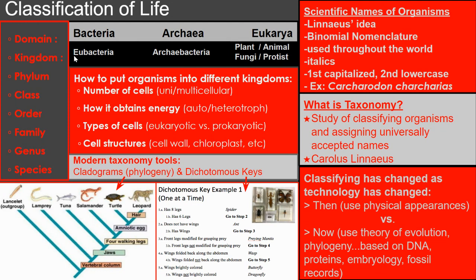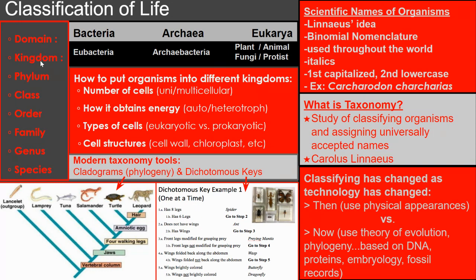From there on, you can start to get even more specific as you describe organisms. For example, when we talk about the animal kingdom, we'll talk about different phyla, like sponges is its own phyla, platyhelminthes, which is our flatworms, is their own phyla. Echinoderms, like starfish, is their own phylum. So we'll get a little bit more specific.